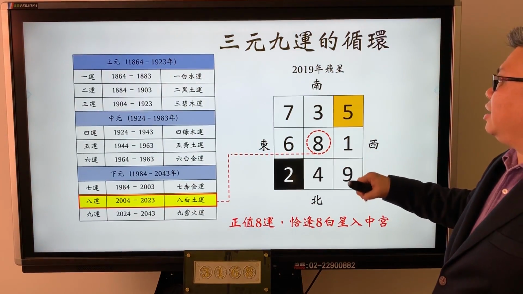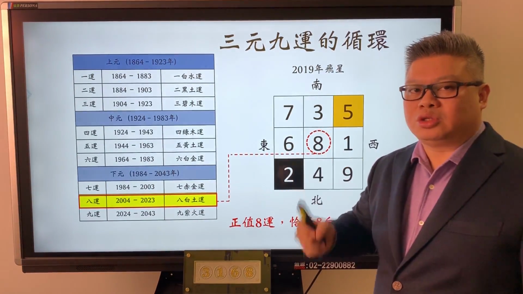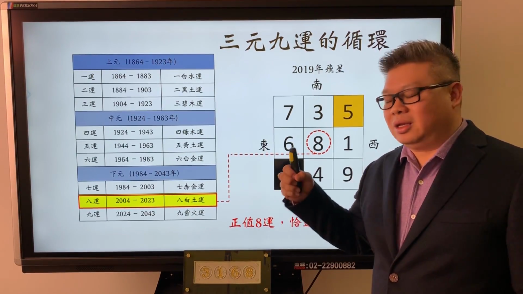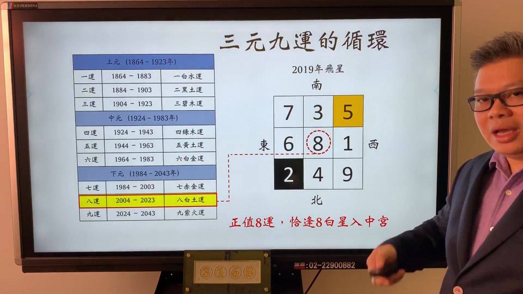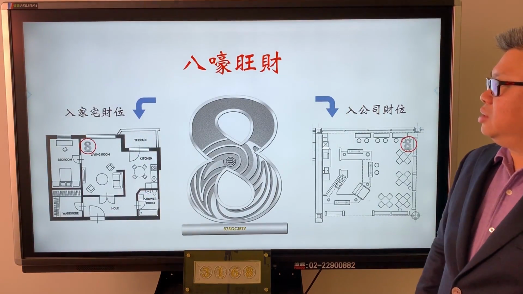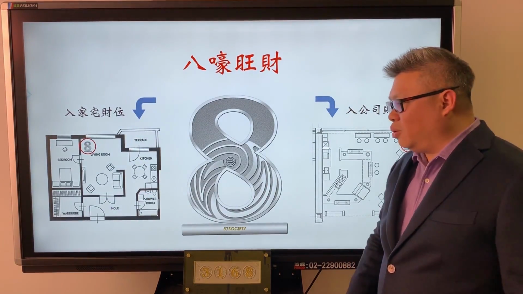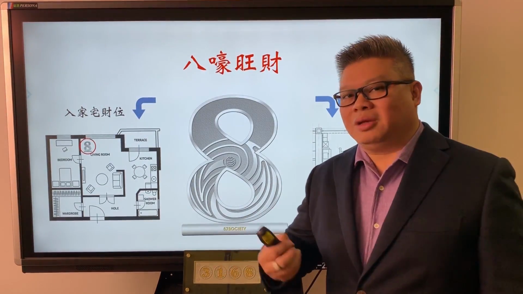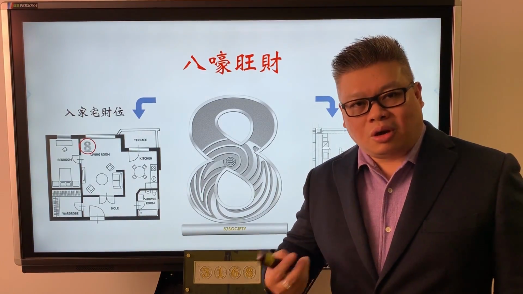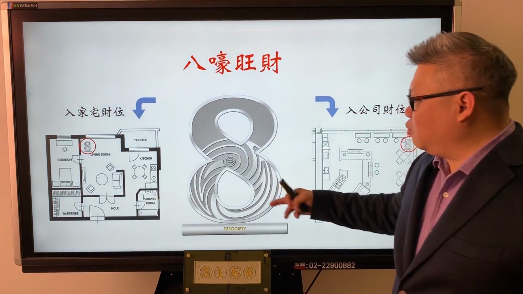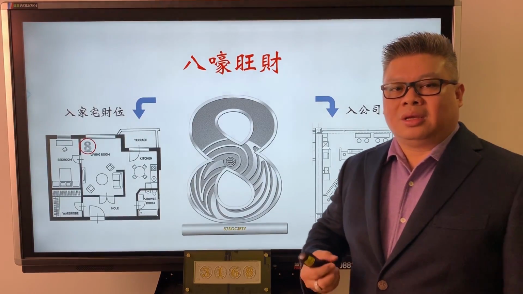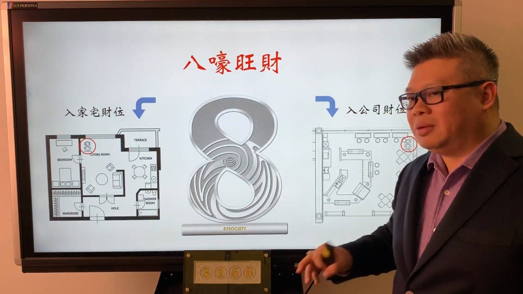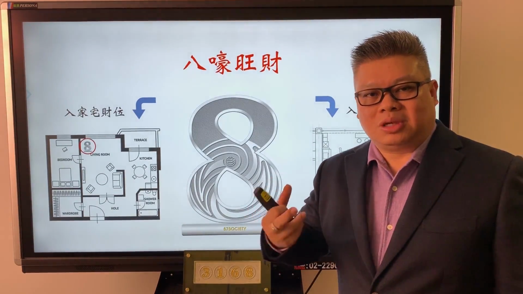Okay, under period 8, in 2019, the key is 2019. The commanding star is number 8, and it is right at the center of the 9 quadrant chart. Okay, so this is a very important placement. Of course, in period 8, what number should be used? Obviously, number 8. So this number 8, what we have done is recreated using the top grade filter. We created a number 8 filter plate.